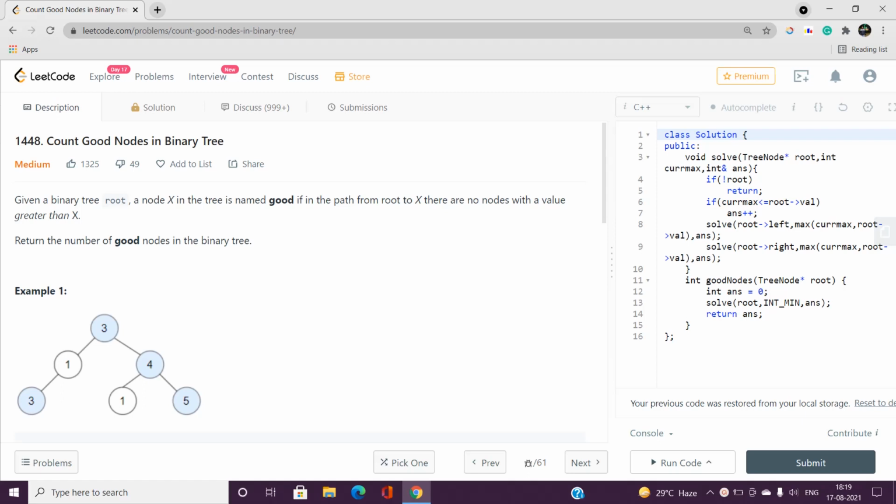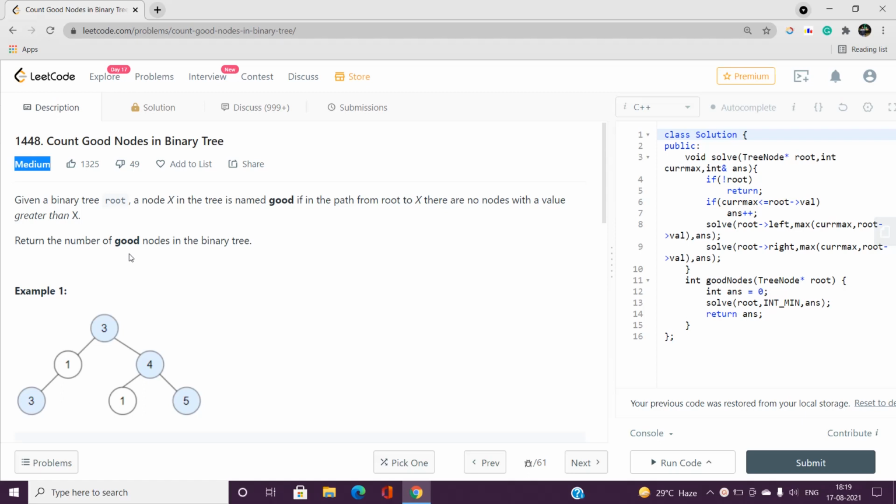Problem: count good nodes in a binary tree. Its index is 1448 and it is a medium type problem on LeetCode, but still I categorize it as a simple one because this is really a simple problem. You just need to find the number of good nodes considering some basic observations. So without going deeper, let's discuss this problem and together build up the best